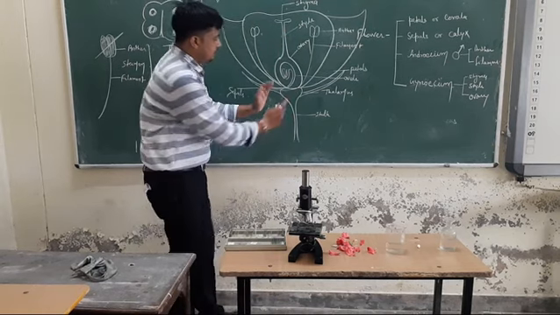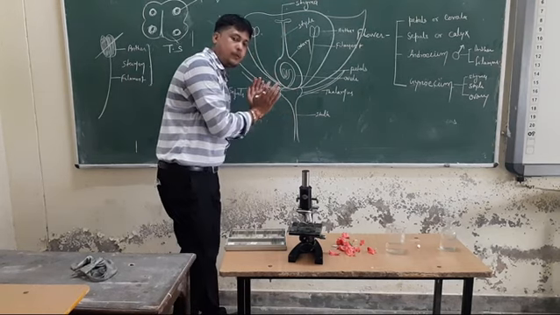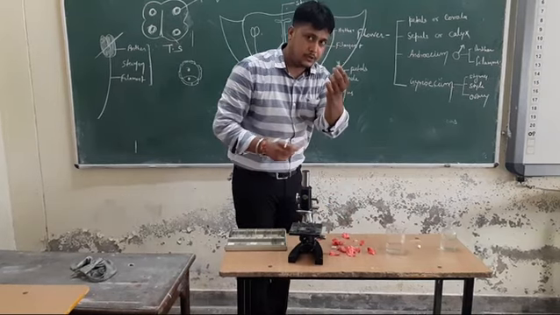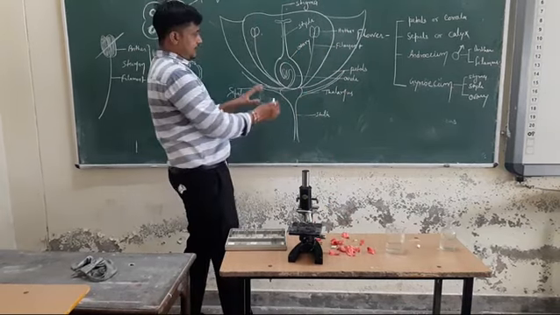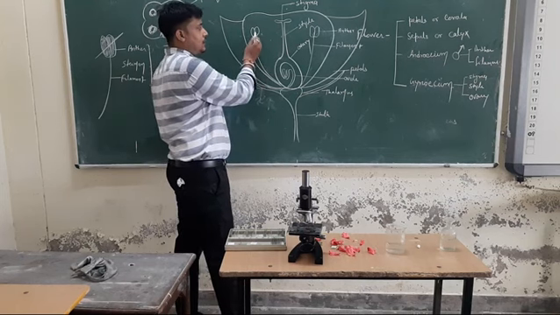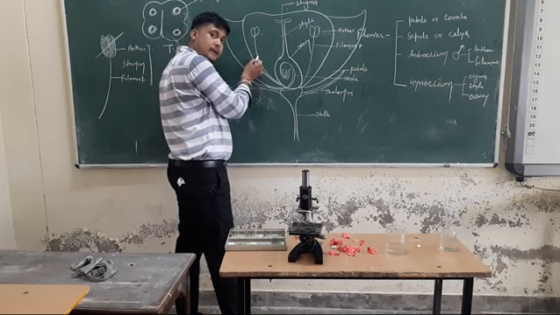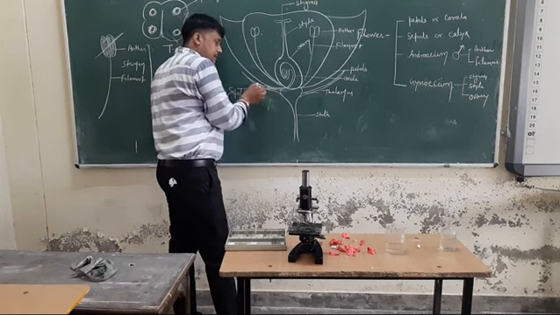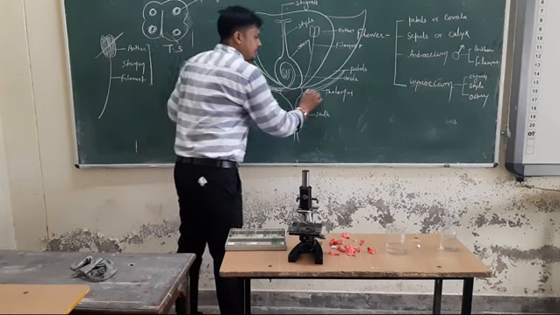That is the flower. That is the base of the flower called the thalamus, on which the flower is placed. That is the stalk. And the other thing is the colored part called petals, and that is the male part, that is called anther, that is called filament. And that is the sepals. This is the green, photosynthetic part, called the sepals.